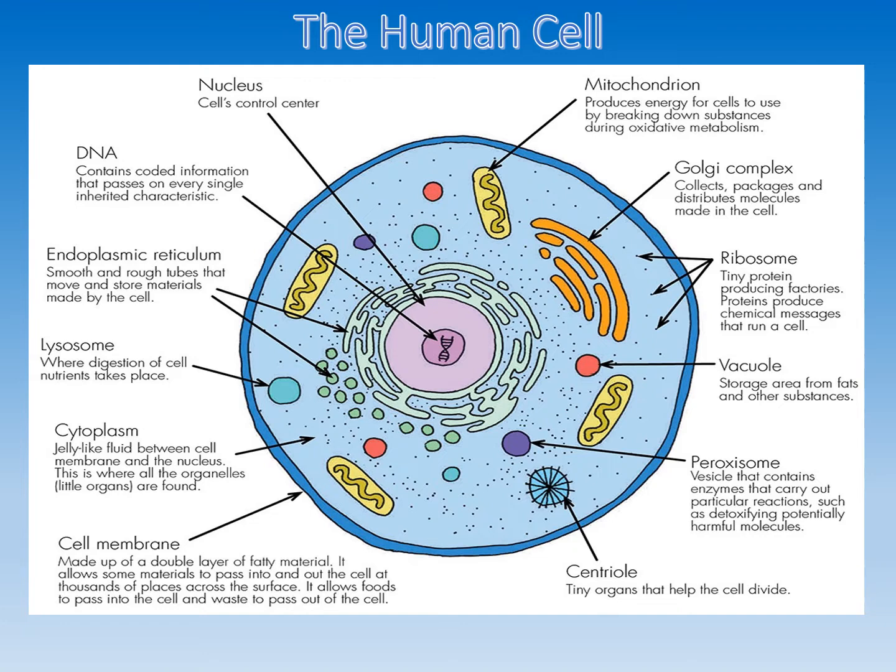Other organelles: you have a mitochondrion, which produces energy for cells to use by breaking down substances during oxidative metabolism. The Golgi complex collects, packages and distributes molecules made in the cell. You also have the ribosome, the vacuole, the peroxisome, and on the other hand,